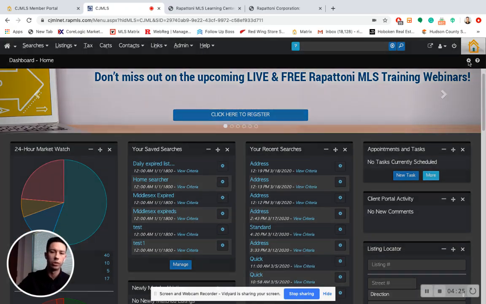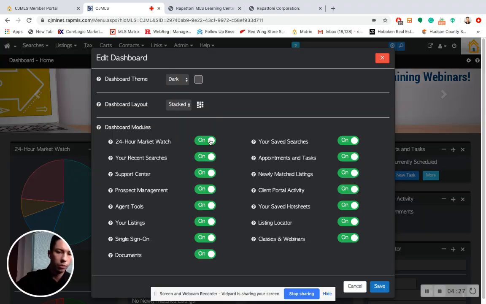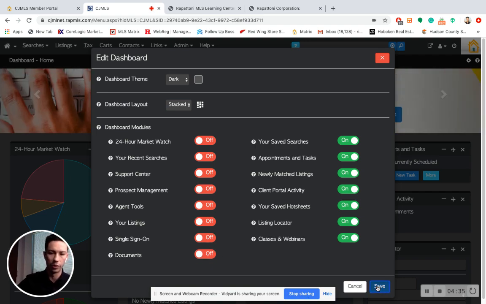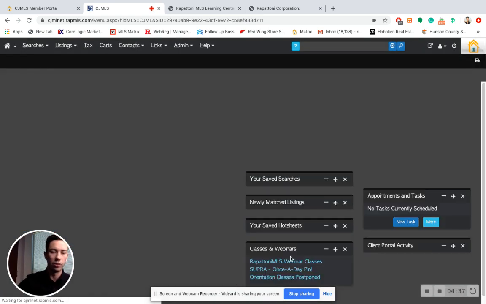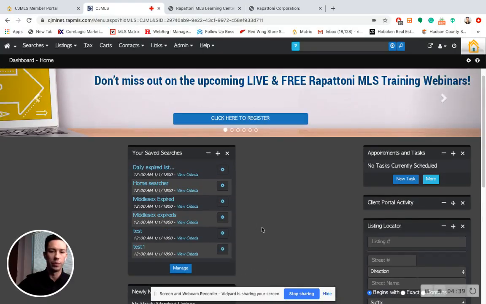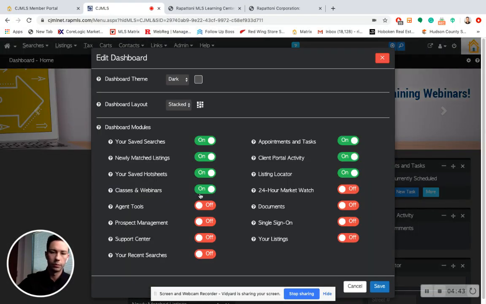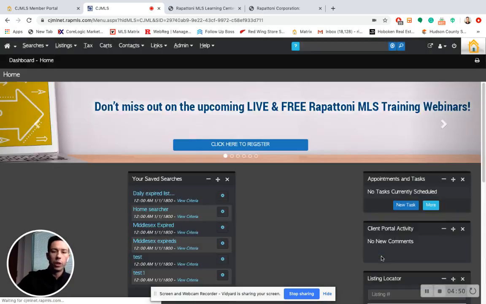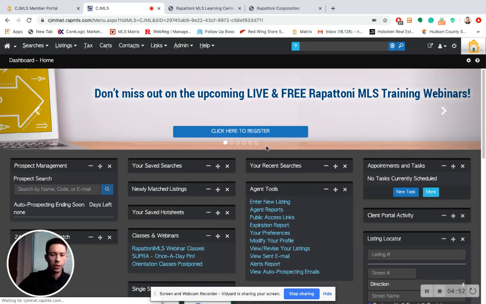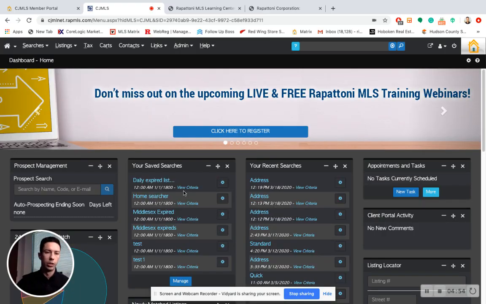Well, that's okay too, because when you go to the settings, you can turn off which ones you don't want. So maybe you don't want all of these. For instance, you probably would want some of these, but I'm just going to show you. When you turn off, then it's just going to keep it to what you have saved. So you might like that better. I'm going to leave everything on for me personally. But you might want all this information. You just might not want it on your home page, which there's